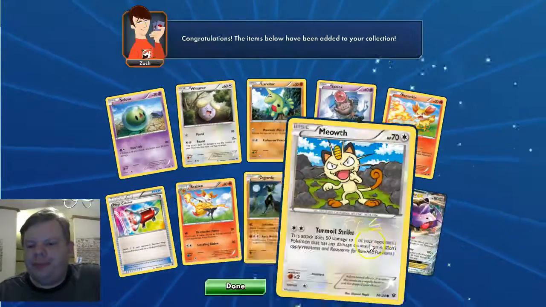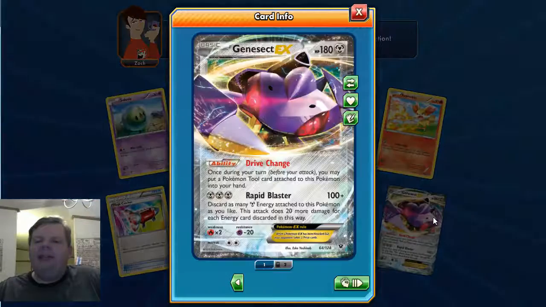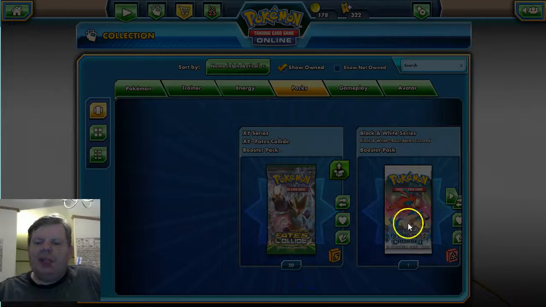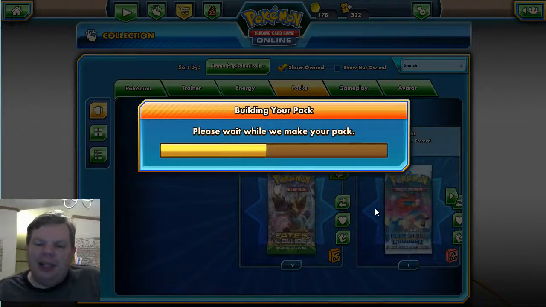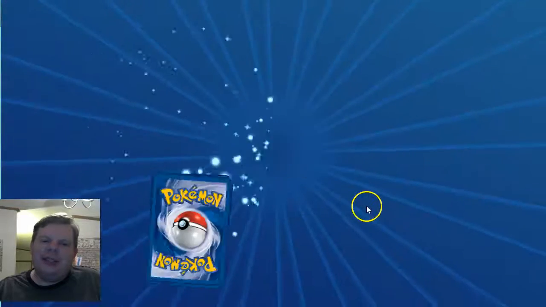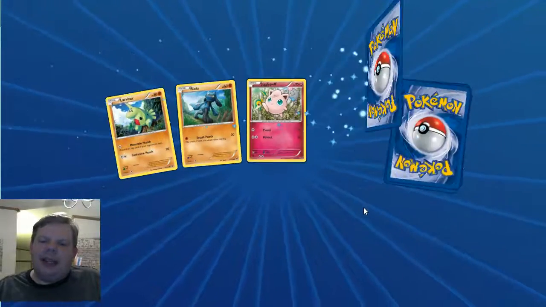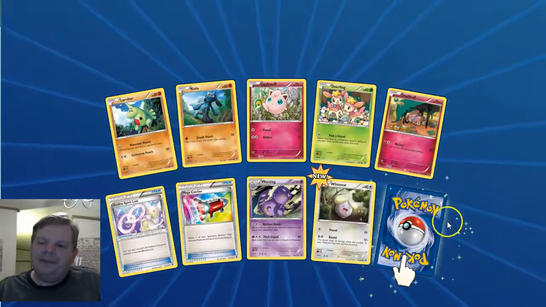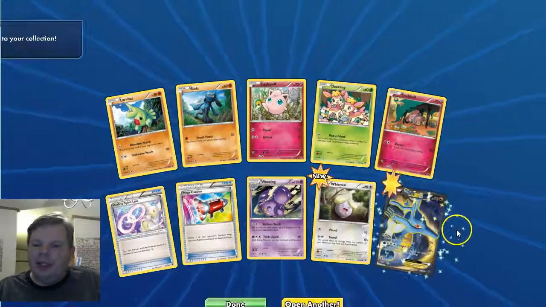So, another Genesect. Wow. All right. I mean, it could be worse. I could have gotten, you know, like the Diancie EX. I do like the fairy types, but I don't know. That Diancie just seems a little underwhelming, to say the least. And like I already mentioned before, the Autono seems a little...